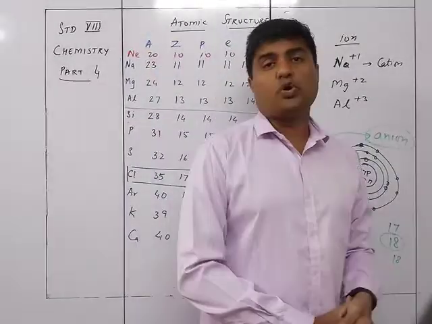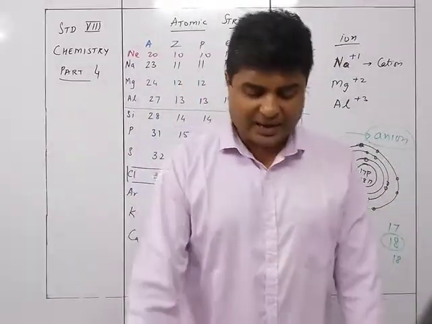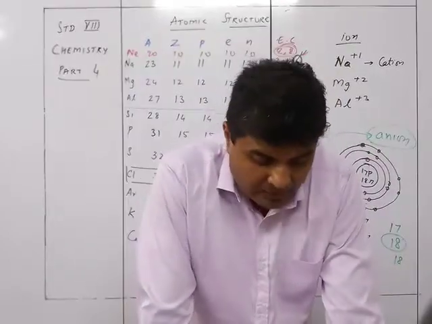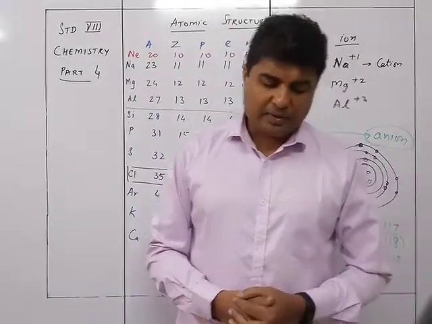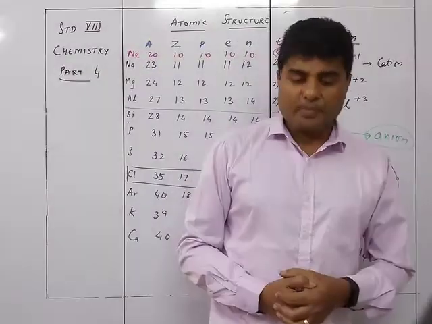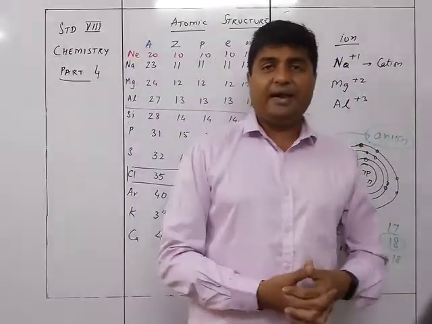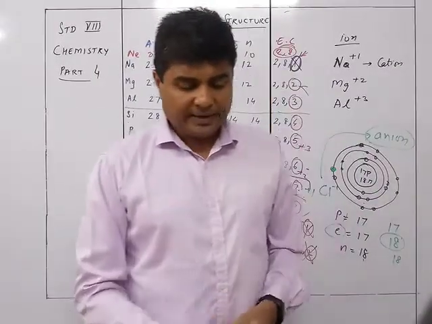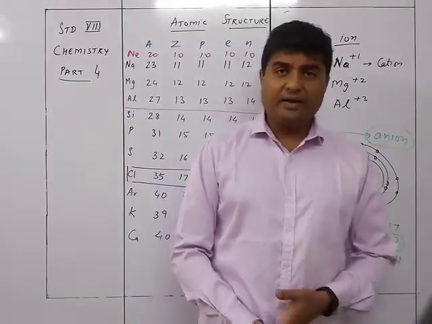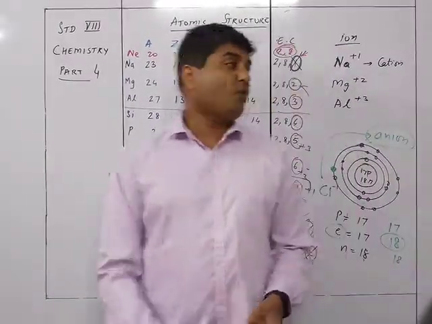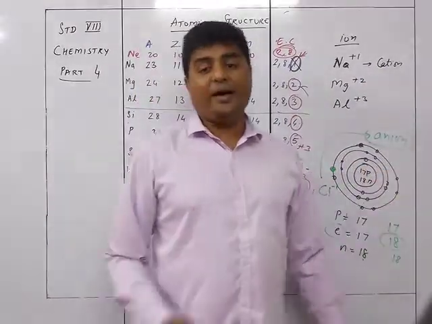That's why chlorine, which is 2, 8, 7, gains 1 electron, becomes 2, 8, 8 near to the nearest argon, and the valency is -1. Oxygen, 2, 6, after accepting 2 electrons becomes 2, 8, equivalent to neon, and its valency will be -2. Nitrogen is 2, 5, which accepts 3 electrons, becomes 2, 8 and the valency is -3. So in this way the electrons are either accepted or donated. Donation is done by metals, they form cations, and the ones which accept are the non-metals and they form anions.